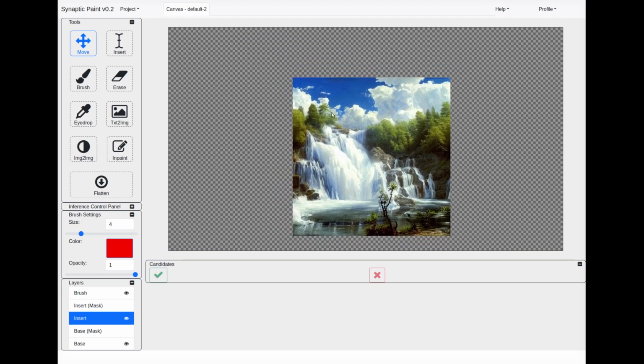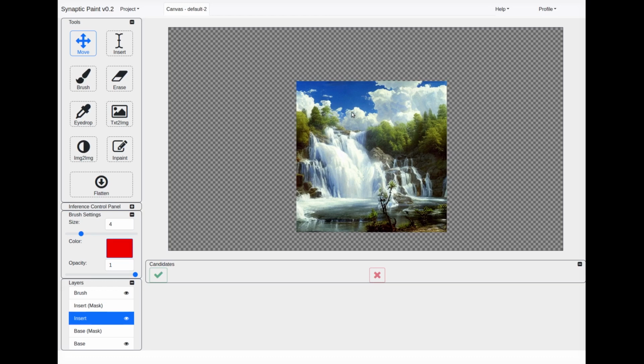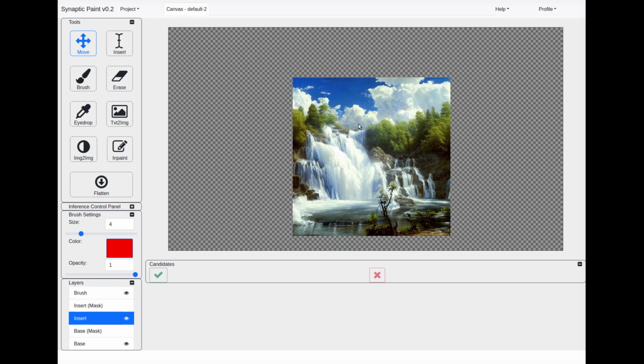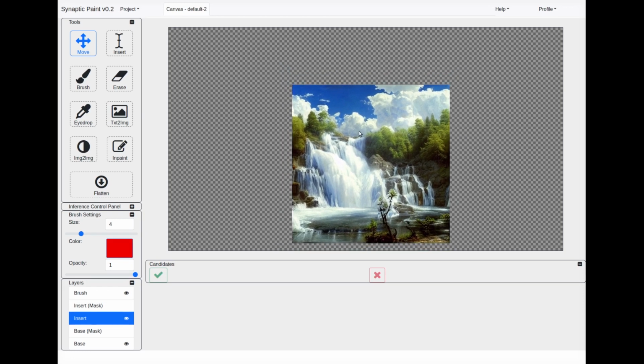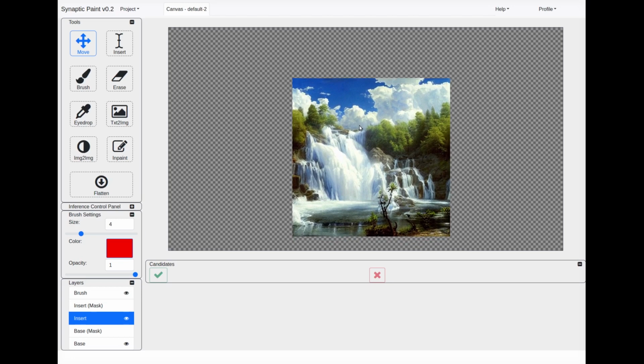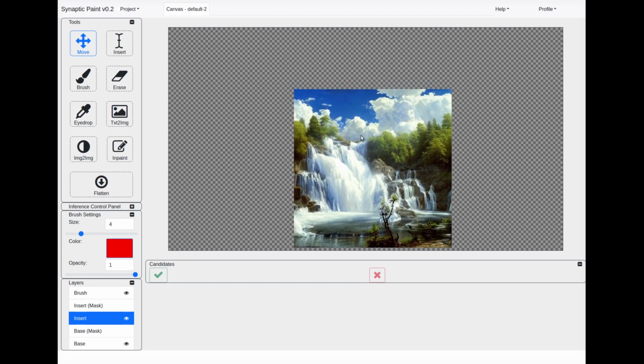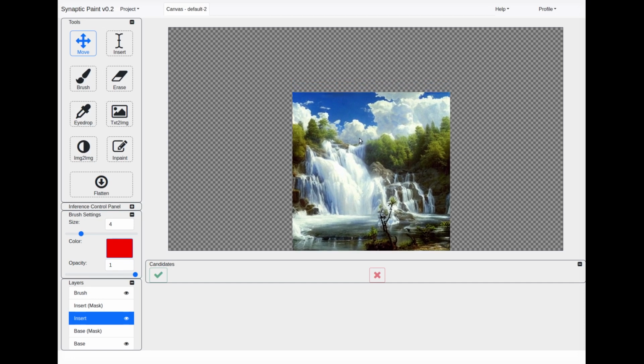The other thing that we can do while in move mode is use the mouse scroll to resize this asset. So let's put it down maybe closer to the bottom, so that there's more room for the clouds. Okay, so once I'm happy with where I've put the inserted image, then I can click on flatten, and this